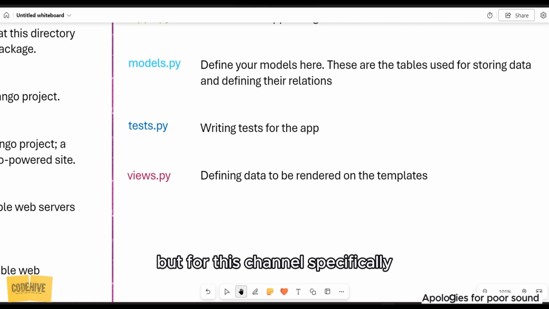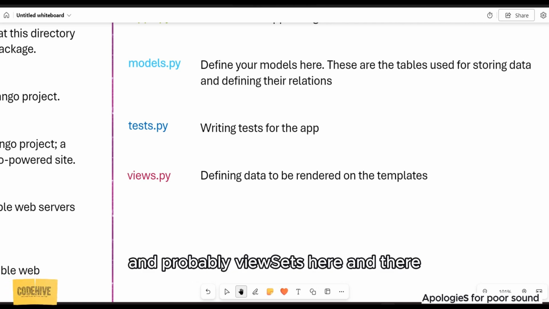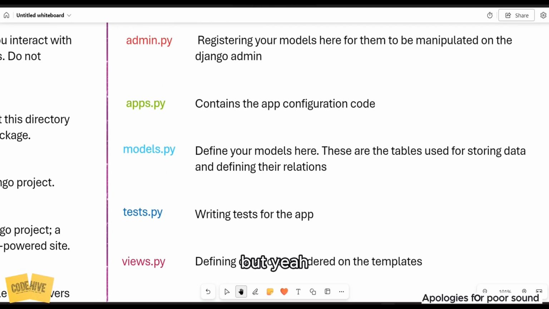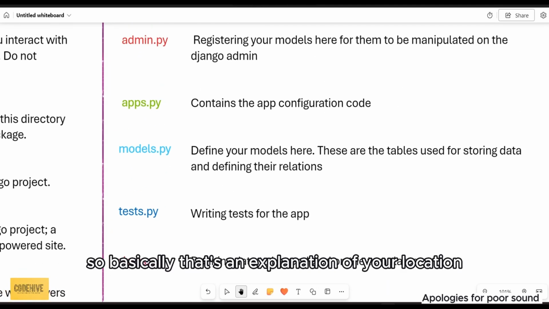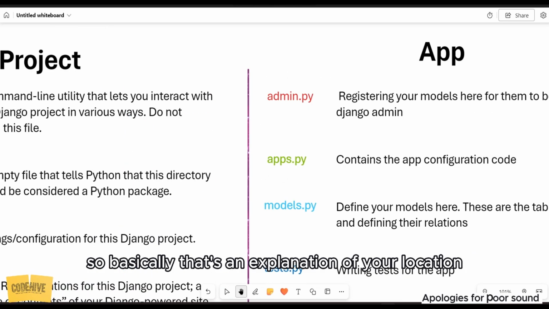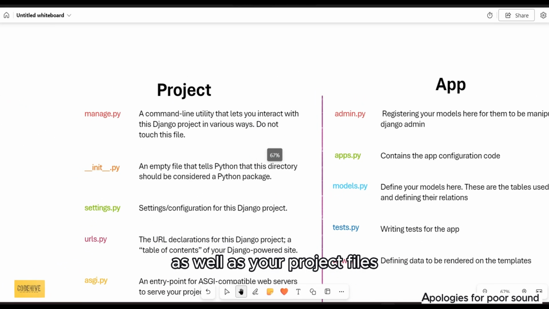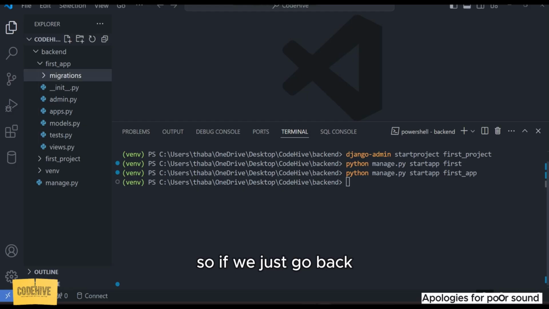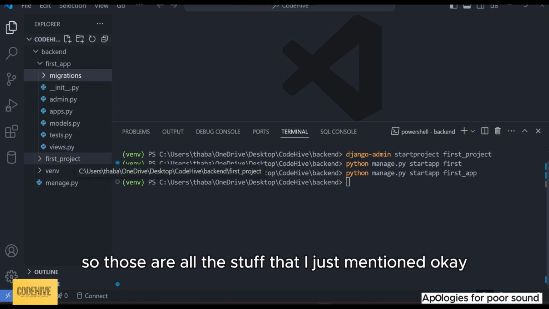But for this channel specifically, I will be using API view and probably view sets here and there. But yeah, so basically that's an explanation of your application as well as your project files. Okay. So if we just go back, so those are all the stuff that